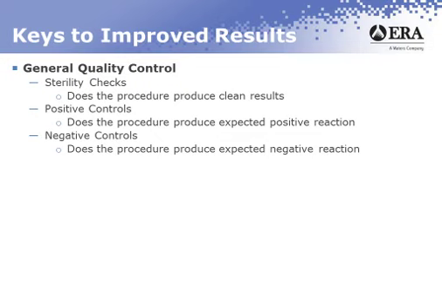Your negative control should be an organism. It should be something either recommended by Standard Methods or recommended by a standard manufacturer, but generally it would be something that you would get some kind of reaction with your media,